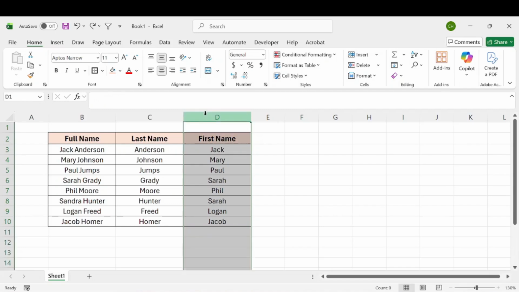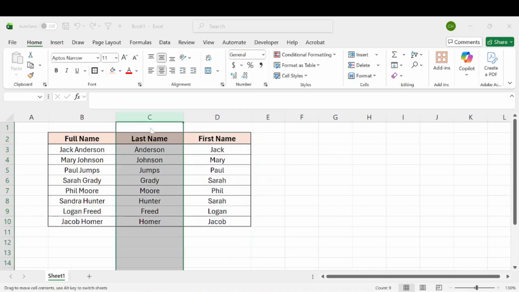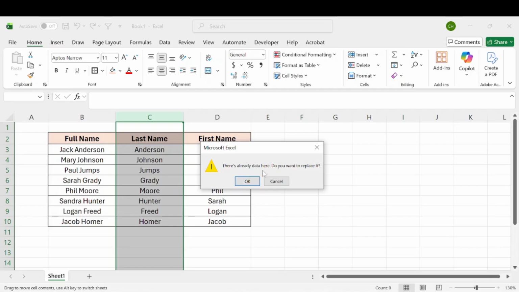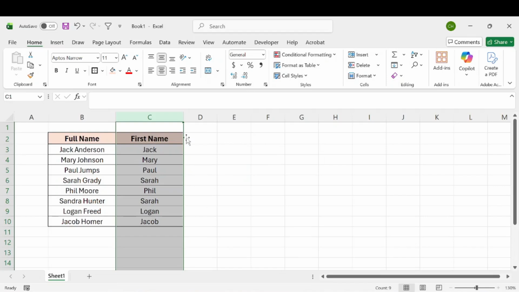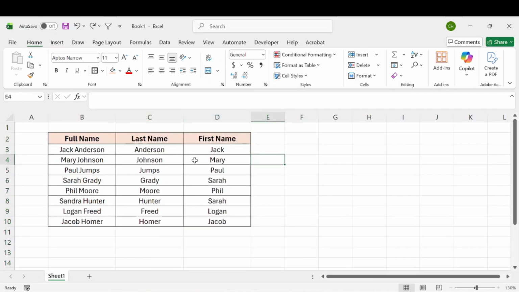So if we were to select the column and move it there manually, it's going to ask us if we want to replace or overwrite the data. And if we hit OK, it's going to remove all the data that was in that column beforehand. So basically what we need to do in order to move that without deleting or messing up that data is